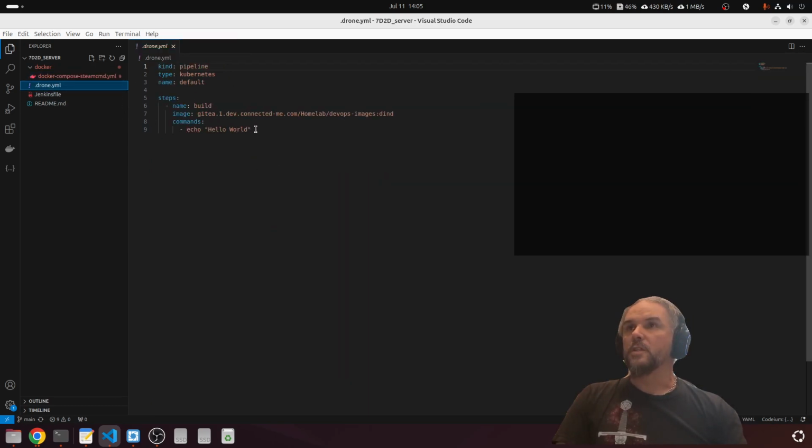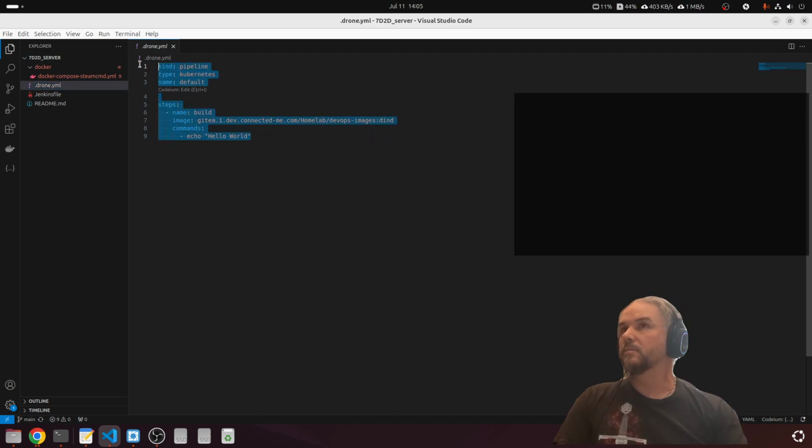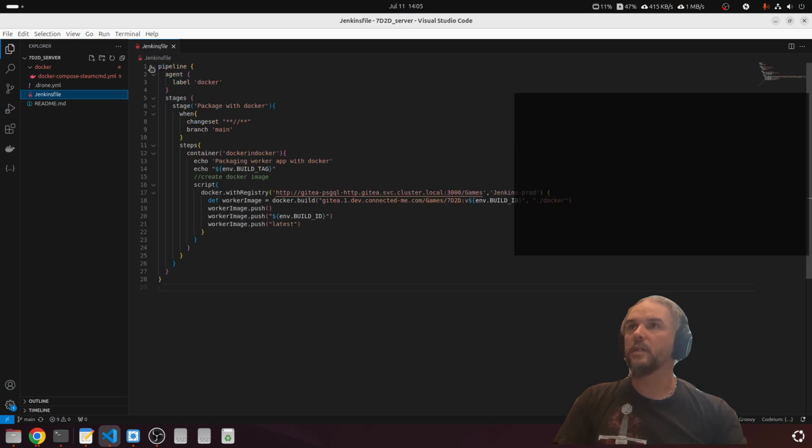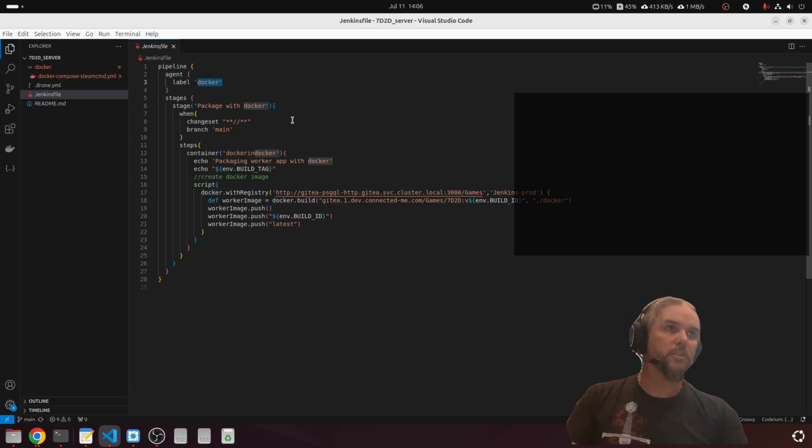This is my first attempt at trying to get Drone to do this build rather than Jenkins, because here's what Jenkins did. So it would go to this stage, it would grab the agent that was labeled Docker. It would use the container Docker and Docker in the agent Docker, because I had it set up so that it would spin up whatever